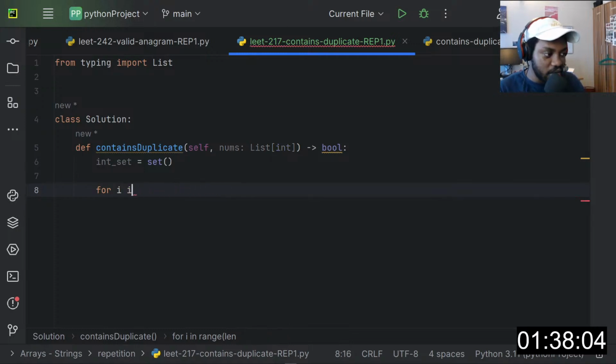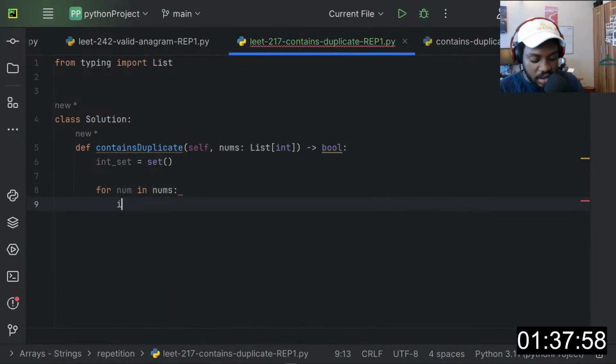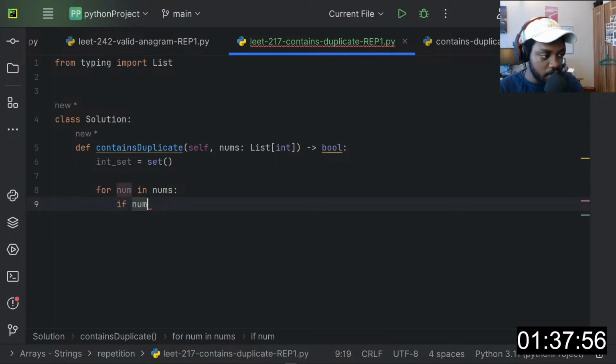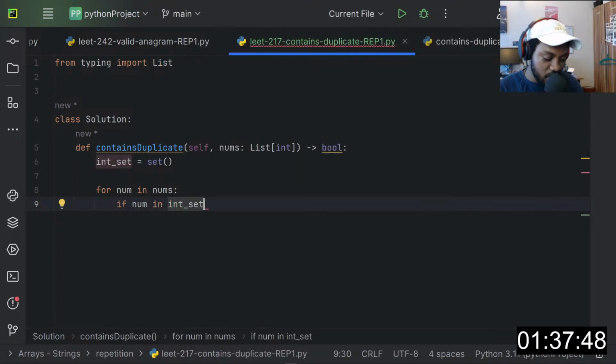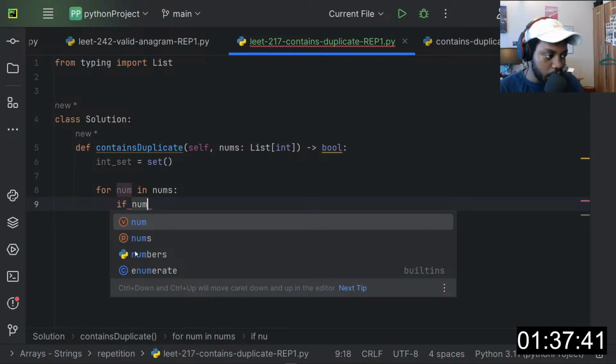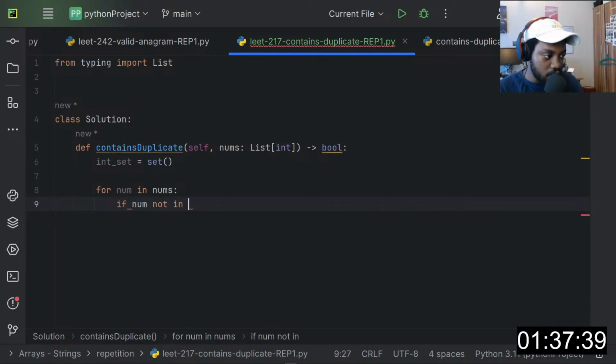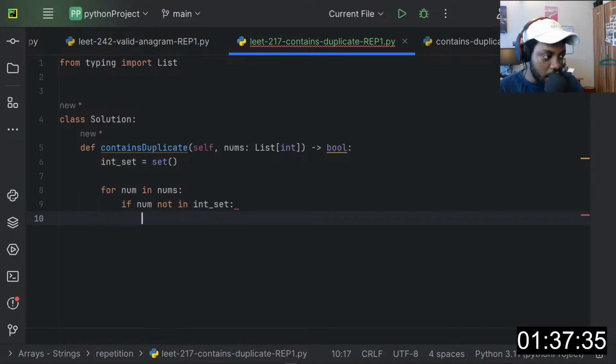I can just say for num in nums, right? I can say if num in int set. If num not in int set, right, then we add it to the set.